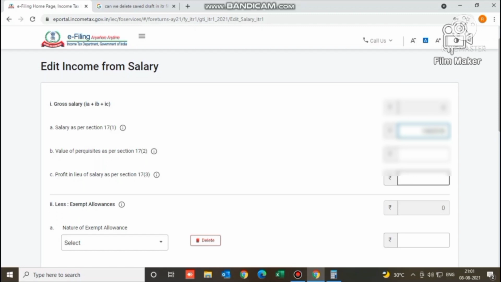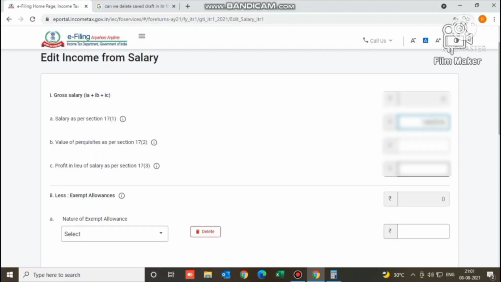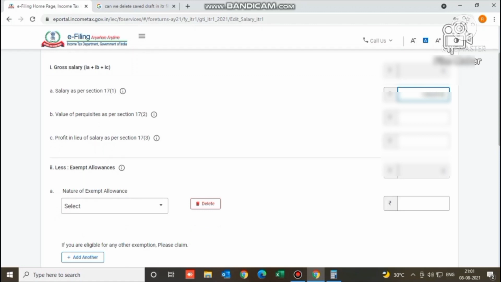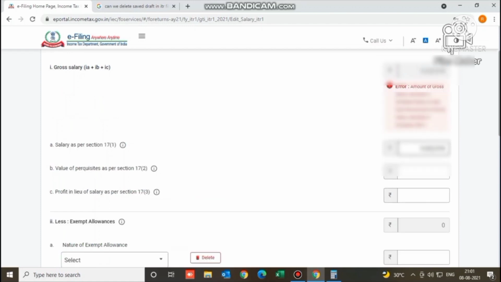Check the same and move to column 2, exempt allowances. As we have mentioned earlier, if we have exempt allowances under section 10, provide it under column 2.